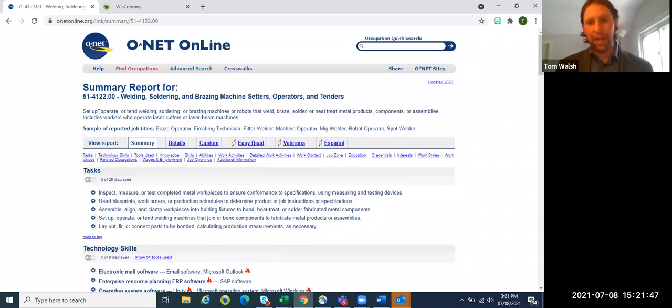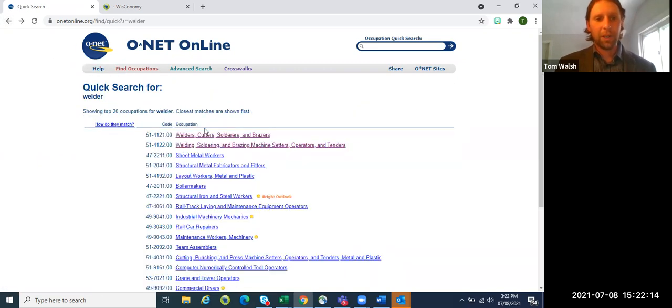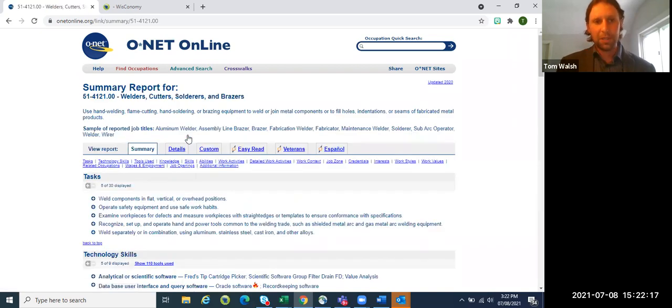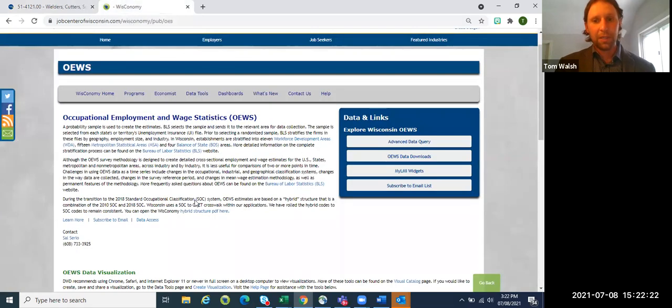This is probably another good thing to highlight, that depending on the size of your business, it's very likely that your employee might be both. And that is, to be totally upfront, because there's a limitation of trying to classify everything. But I still think it's a really good resource, that even if maybe they're doing elements of both, it might be worth looking at both occupations. So now that we have a little bit of a background on what goes into that occupation, we'll go through that example one more time of how to get there in Wisconomy.